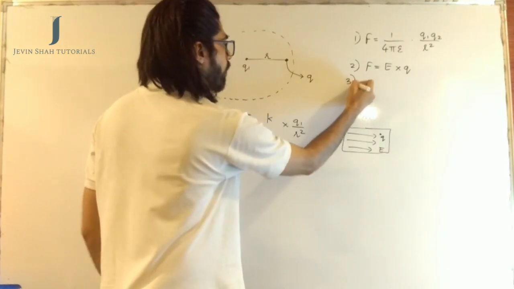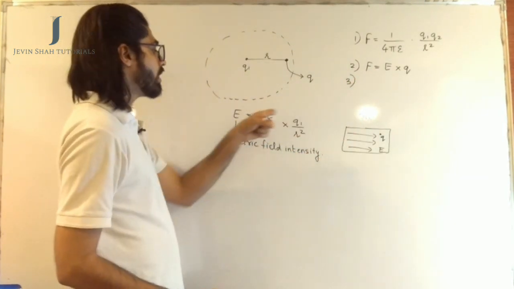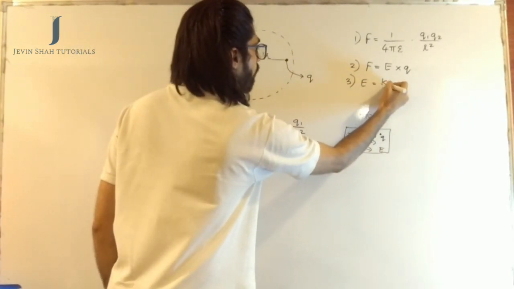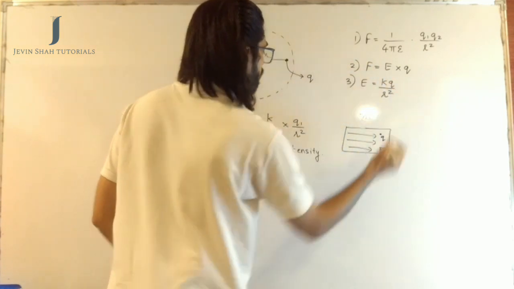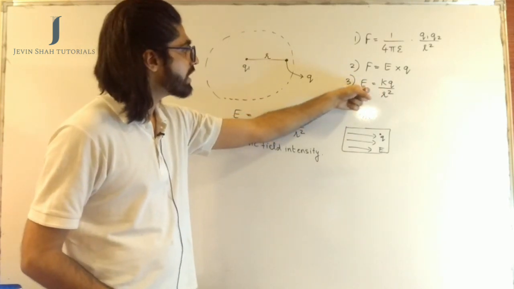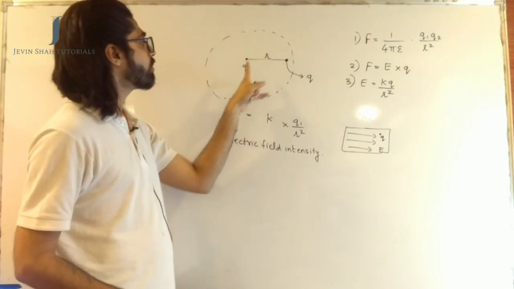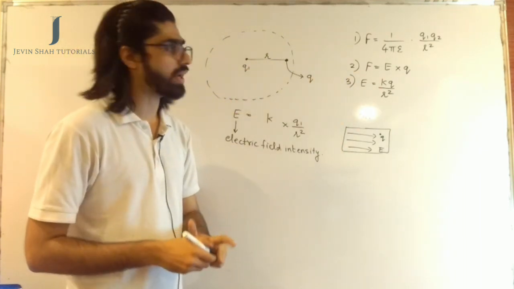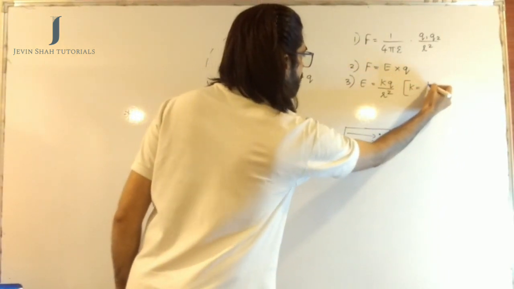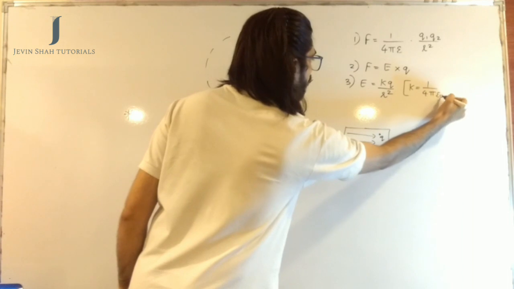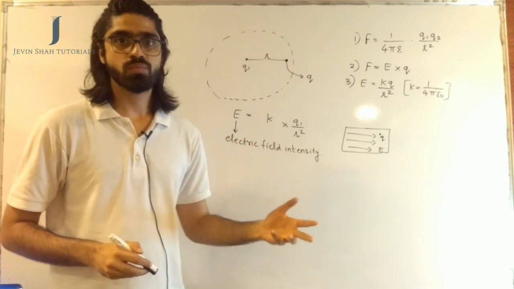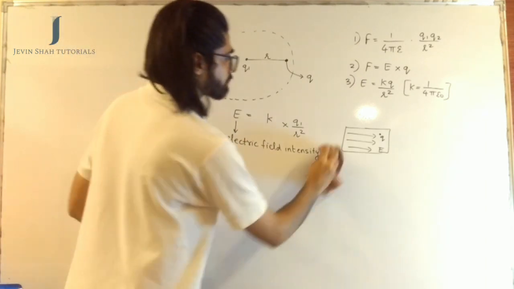Along with this, you have also learned this formula, that because of a charge Q1, the electric field intensity at a point at a distance R is given by KQ upon R square. The charge was Q1. In general, we will say the charge is Q. So electric field intensity at a point at a distance of R from a given charge is given by KQ by R square. So these are certain formulae you have to remember. Now K over here, like I said, is 1 upon 4 pi epsilon naught. And 1 upon 4 pi epsilon naught, we just discussed some time ago that the value for this is 9 into 10 to the power 9. Okay, let's go ahead with the next formula.